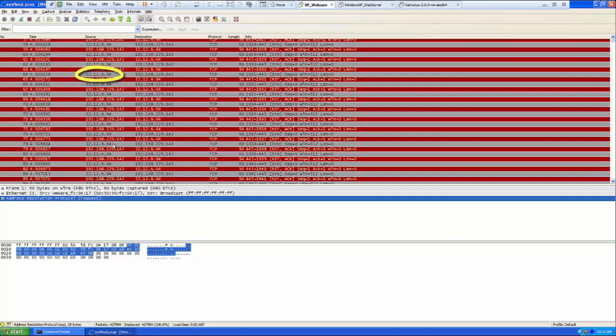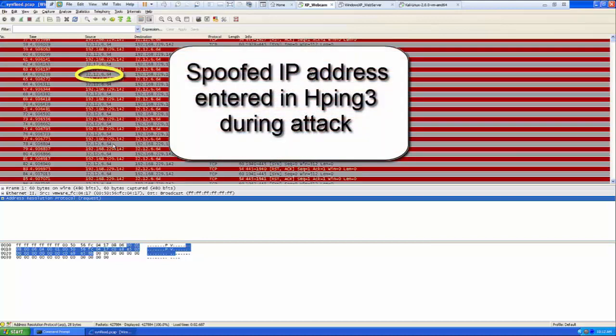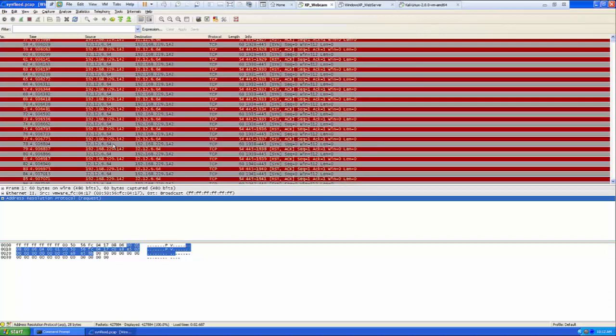32.12.6.64. This is the fake IP address that I used as the source address when I launched the SYN flood attack from hping3. I plugged this address into Google to see if it was actually legitimate. The number corresponded to one in Lake Mary, Florida. I made this number up on the spot. If I had been someone with an actual malicious agenda, this would have been a little too close to home